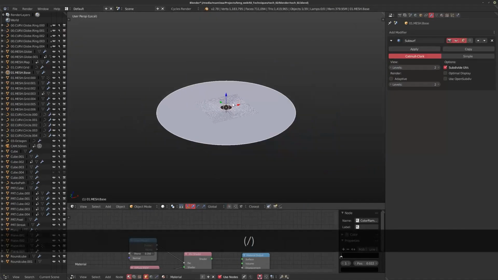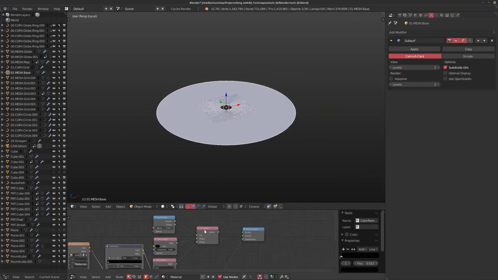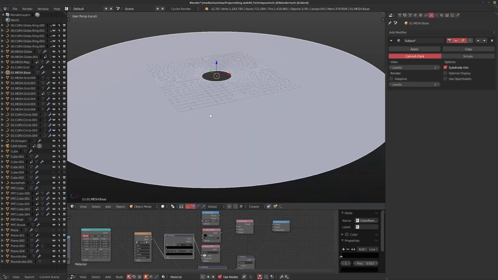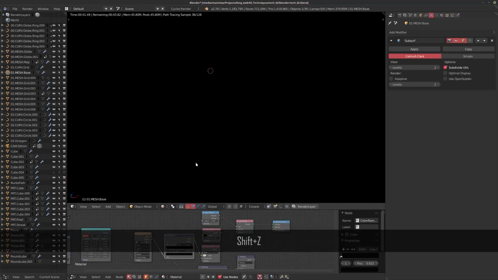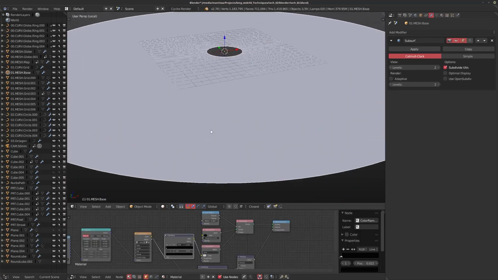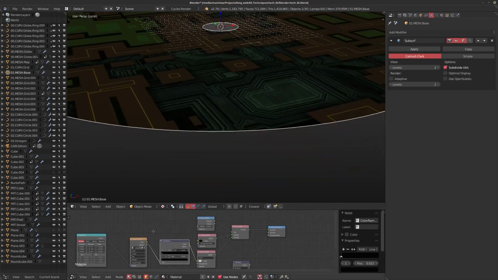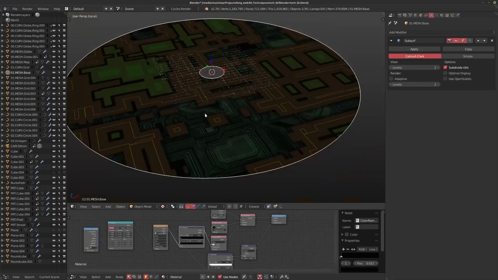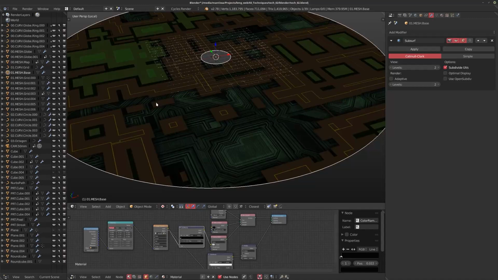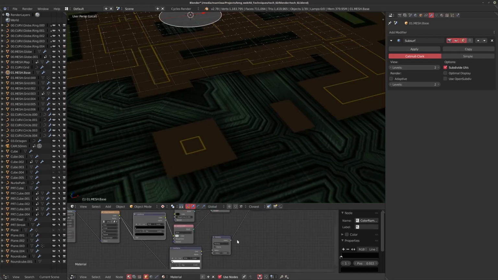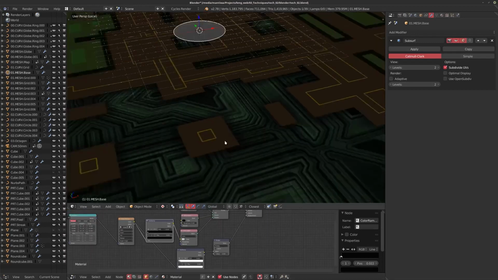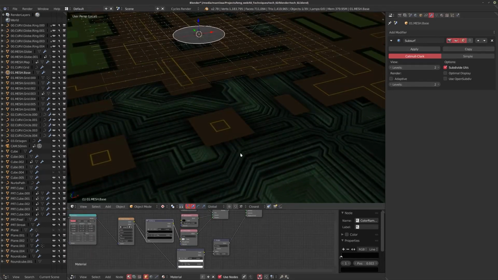So I have this base mesh, and I think this is one of the few ones where I actually use the texture. You've seen the first technique video. Maybe if I set this to texture, there we go. I talked about just doing a very quick UV unwrap and using these technical looking public domain textures as a bump map, so you can get these really intricate results. So this is the very, very base layer of it.